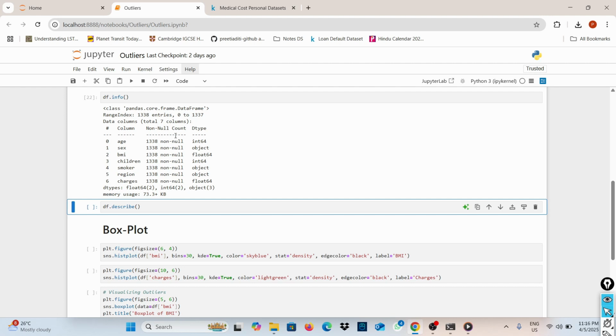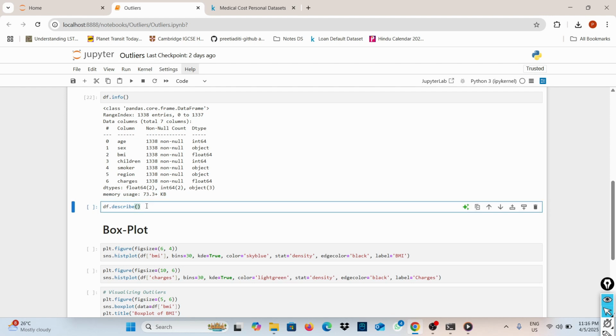So it is saying that some columns are categorical, some are numerical. There is no missing value here. Now we will execute df.describe. This will give basic statistics for all the numerical features.